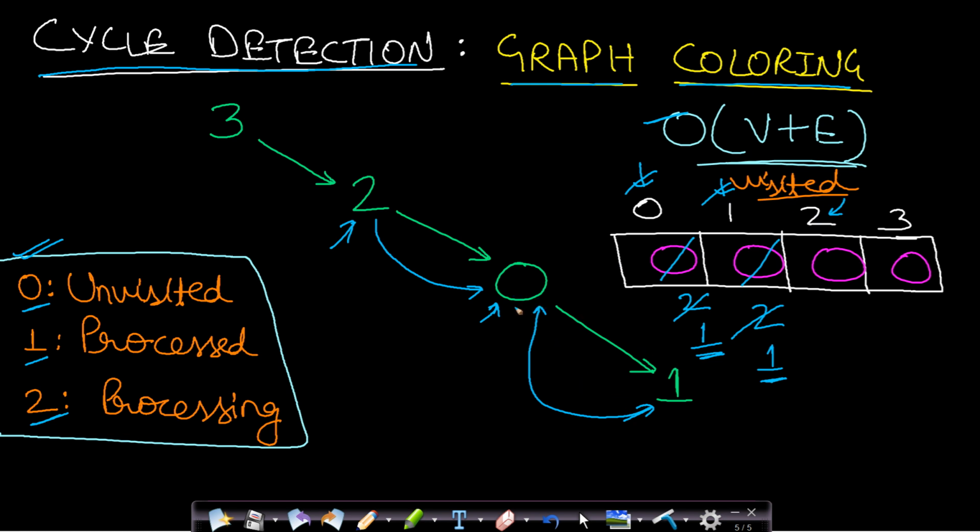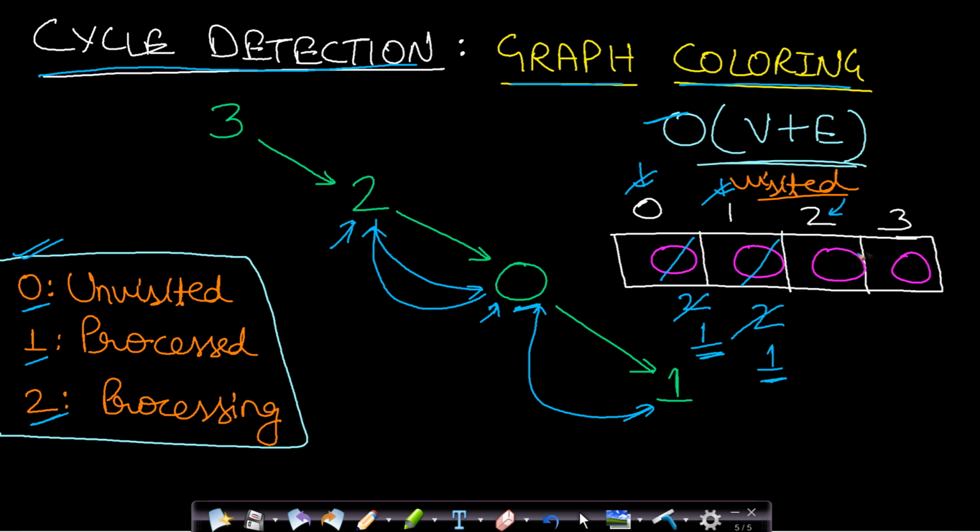And why are we leaving this? Because if we had found a cycle, then we would not have been doing the recursion here, because this algorithm returns as soon as we find a cycle. And since we are just searching for the cycle, this means that the already visited nodes are not present in the cycle. So all of its adjacent nodes will also not be present in the cycle. So there is no point in exploring this already processed node. Therefore we will simply return back from this node 0. And now there are no adjacent nodes.